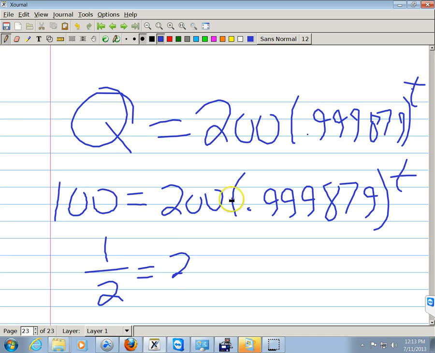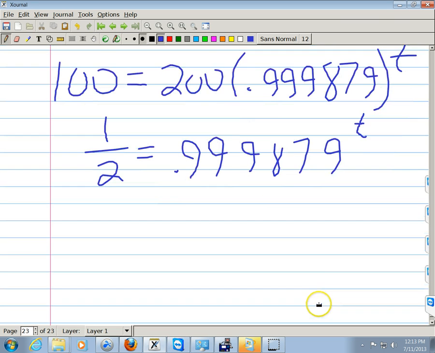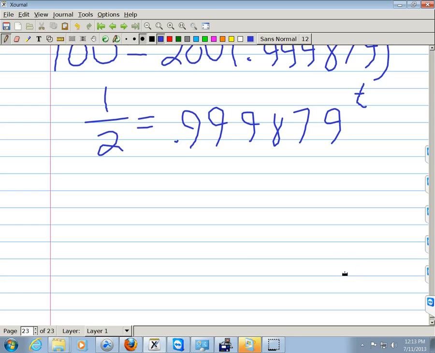Oops, I got rid of the 200. What am I doing? 0.999879 to the t, and there's a decimal here. All right, so how do you get t alone? Really two steps left. Log both sides. So you get the log, let's say ln, because it doesn't matter, of 1/2 equals, now what's the log of